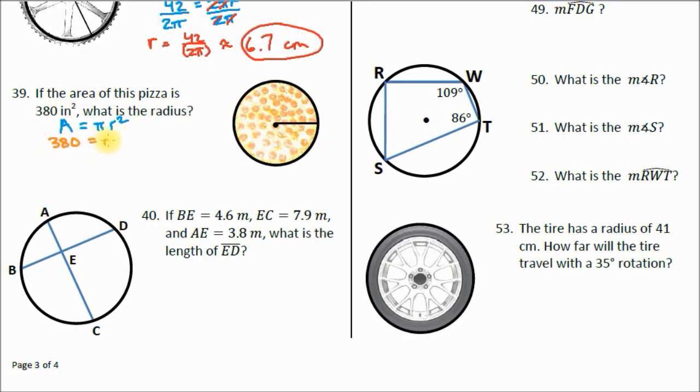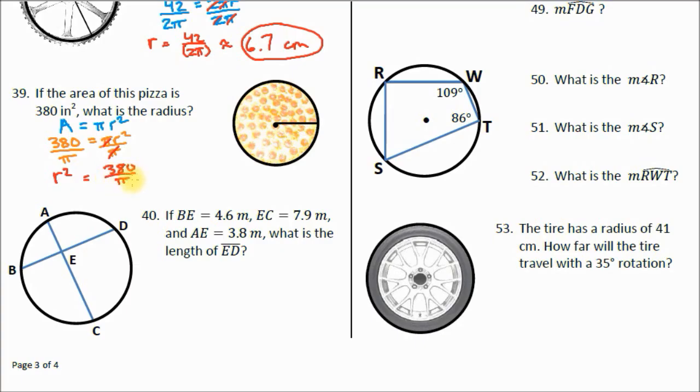So 380 equals pi r squared. Let's divide both sides by pi so we can get r by itself. That cancels pi on this side. Let's rewrite this. So now we know that the radius squared is equal to